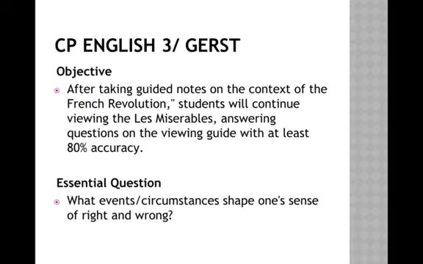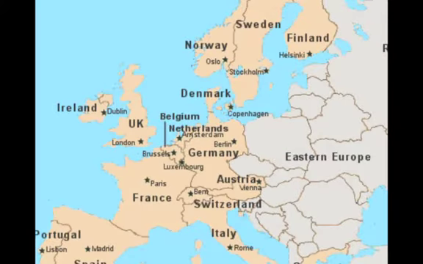The essential question that goes with this is: what events or circumstances shape one's sense of right or wrong? Because you're going to see that's one of the central ideas and focal points for Victor Hugo in this particular piece of literature. Now, just for context about location,